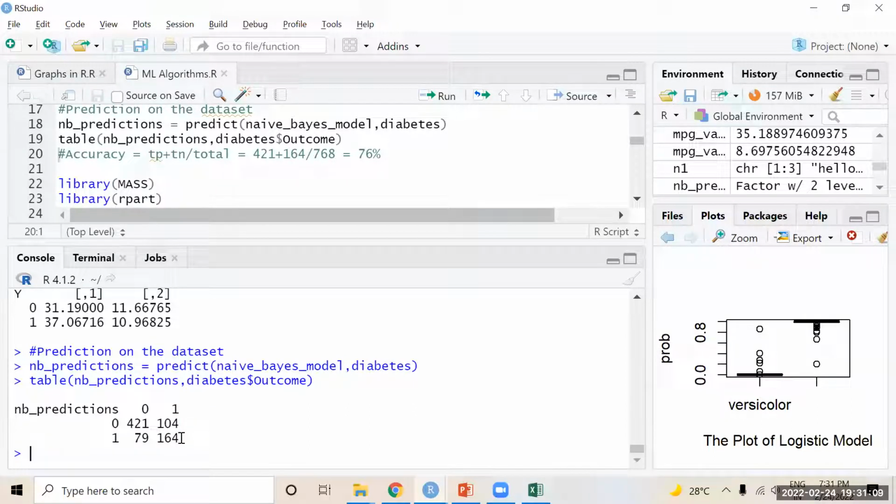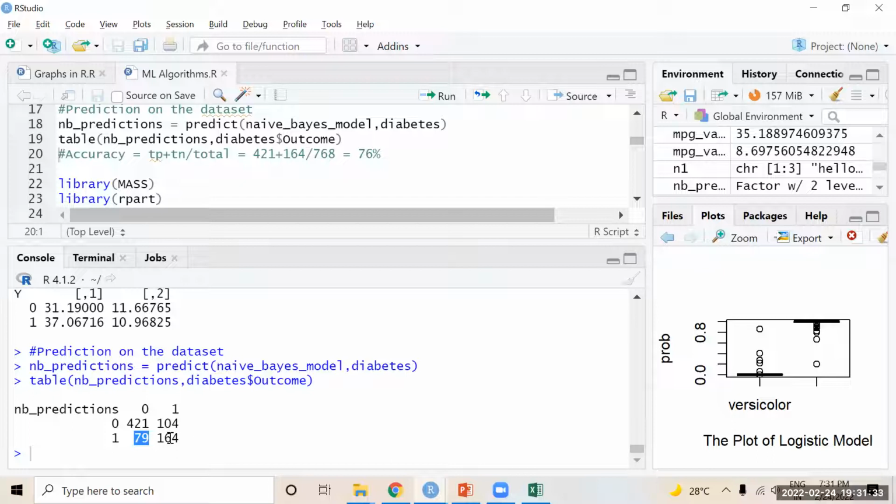Of the remaining rows, only 164 patients are those the model predicted as diabetic, but actually the 79 count should also be counted here. So the anti-diagonal count is approximately 183.